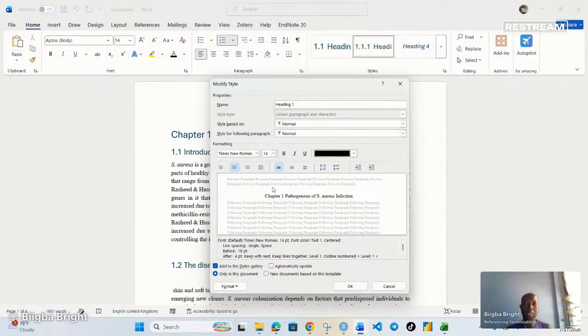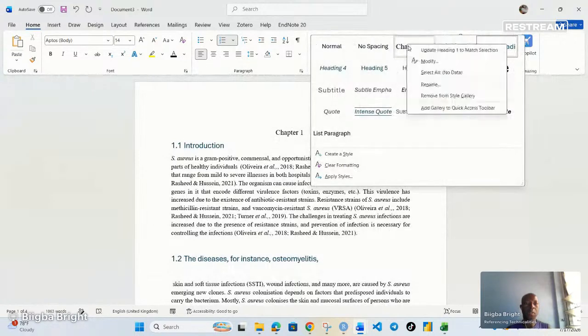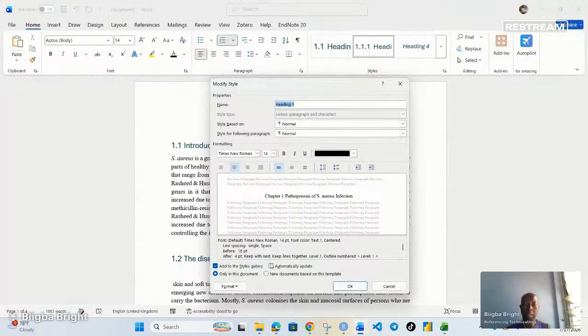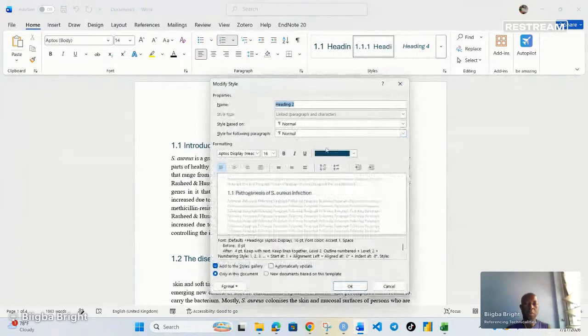And if I do that, click OK, and I think I needed to say that I want it to be applied. I want it to be updated automatically. So I'm going to click here again and come and click this point. So you see that the chapter is now in the middle. If I come here, modify it to that one again,